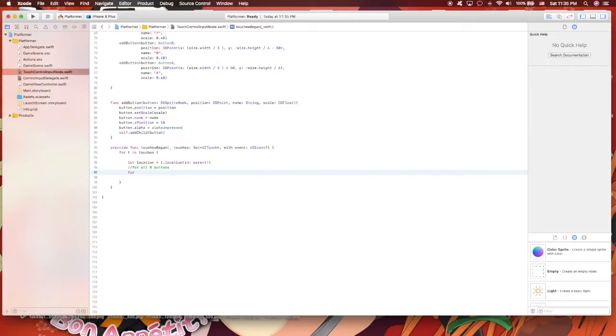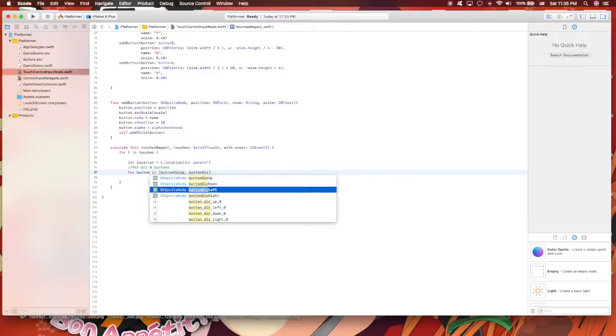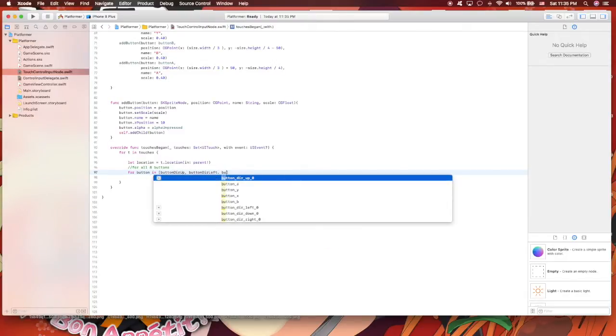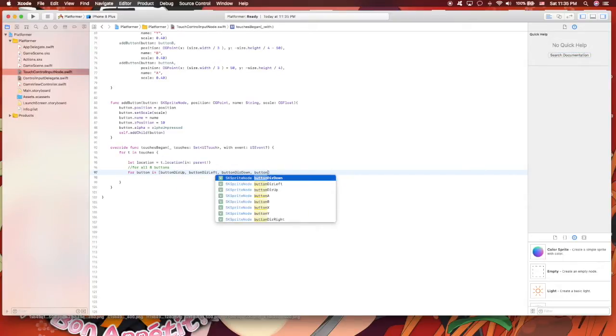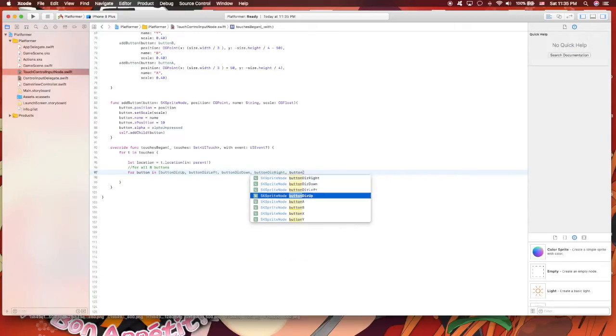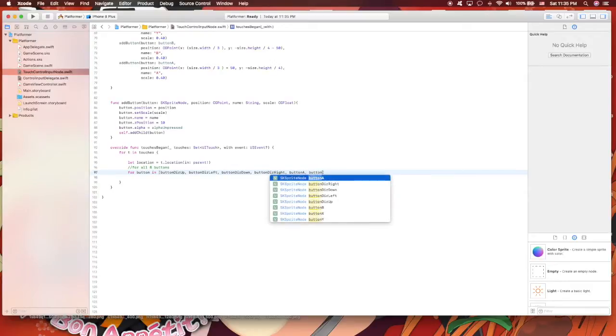For button up, button left, button right, button down, button to the right, button A, B, button X, and